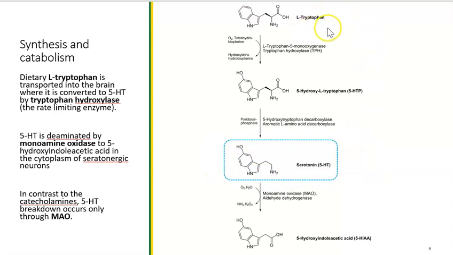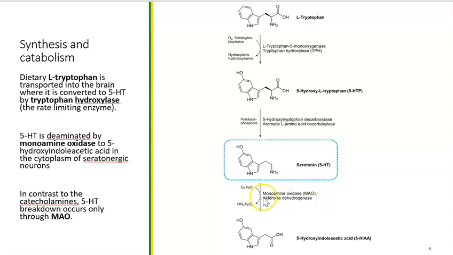So what I really want you to know here is the L-tryptophan, tryptophan hydroxylase, tryptophan hydroxylase really likes oxygen, and then that phosphorylation creates serotonin. Okay? And then how is serotonin broken down? So it's broken down by monoamine oxidase. So that's that MAO thing that I was talking about just a couple slides ago,